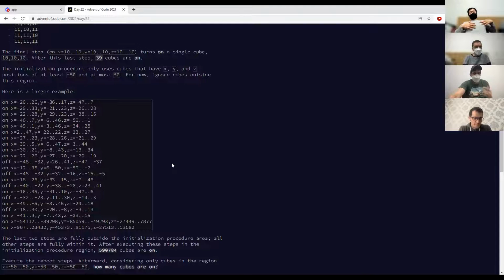I'll go over the first step here. It says the first step is on, x equals -20 to 26, y equals -36 to 17, z equals -47 to 7. This tells you that you're turning on the cubes in this area, from an x value of -20 to 26, y value between -36 and 17, and z value -47 to 7. Those are the bounds of your cuboid, and you're going to turn that one on. And then the next step tells you to turn on